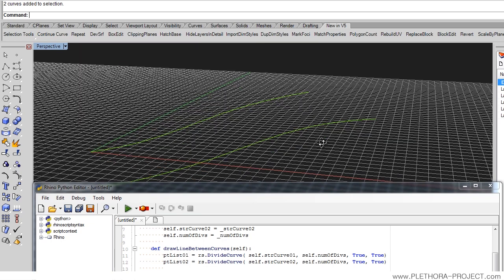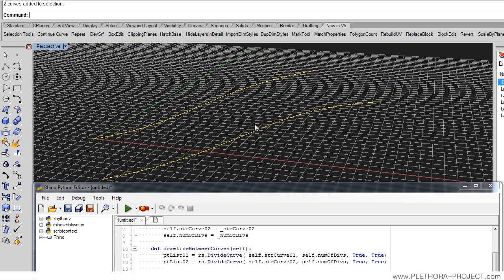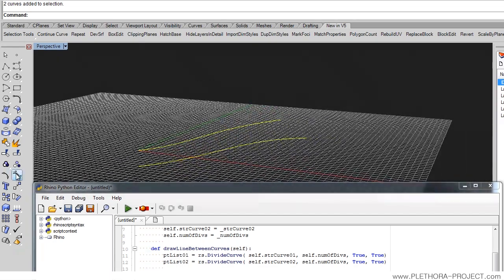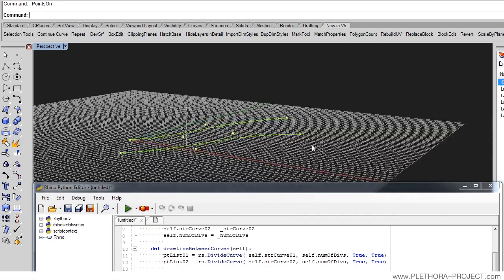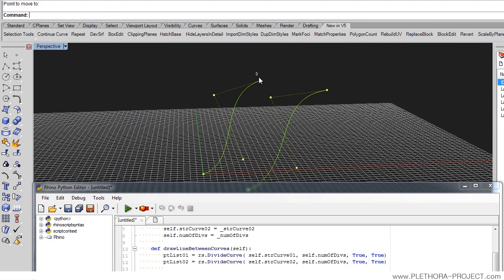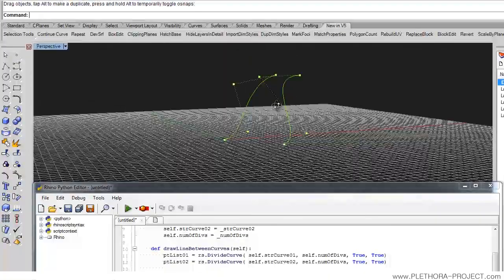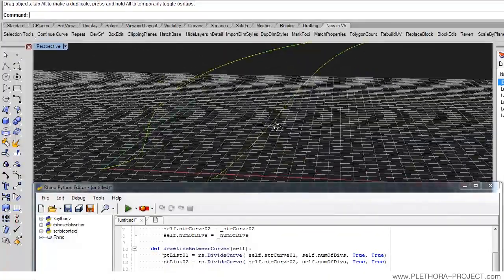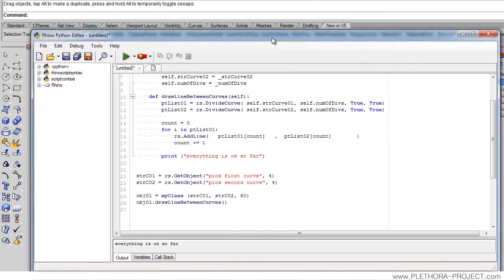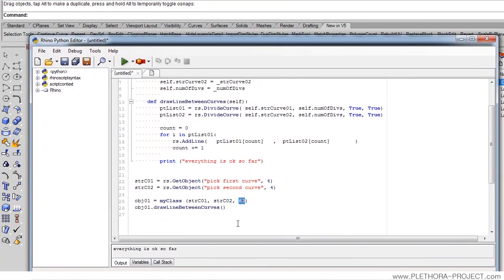I'm going to turn control points on here, so we can see these curves, and I'm going to move these points slightly, like there. I can also move this one maybe somewhere here, just to make something slightly more interesting. So we have something a little bit more crazy, and that's looking pretty good. And we're going to call this function again with maybe